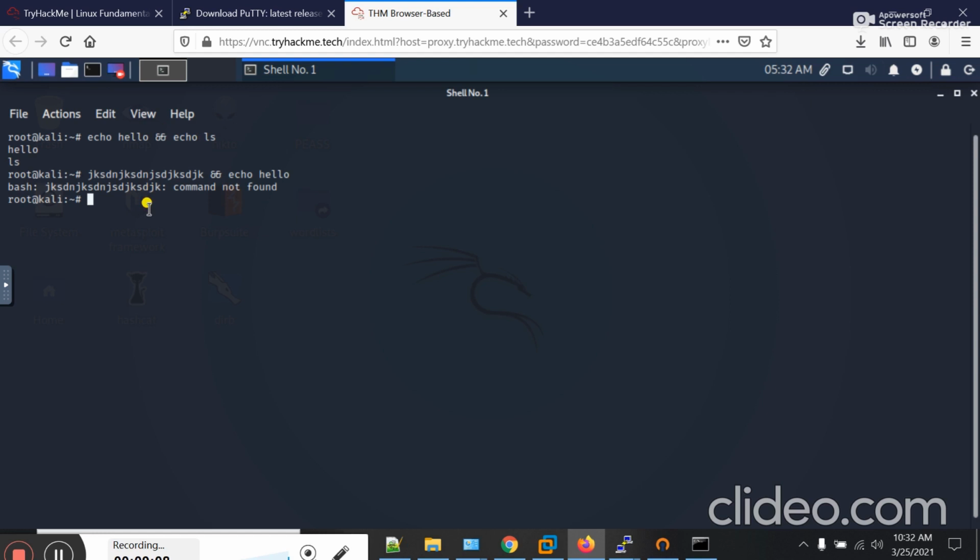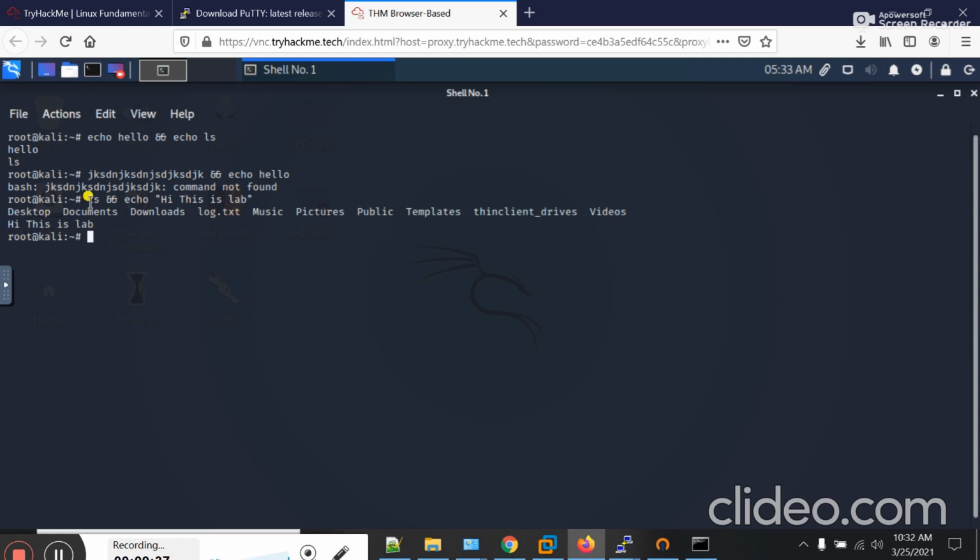If I type here ls and then echo hi, this is lab. So what will be the output of this command if I type ls and then here I should type double ampersand sign and press enter.